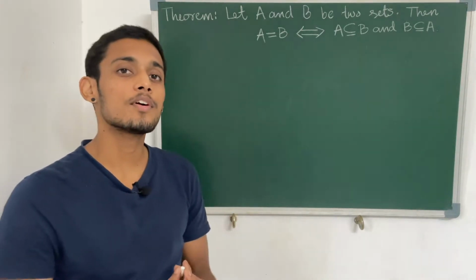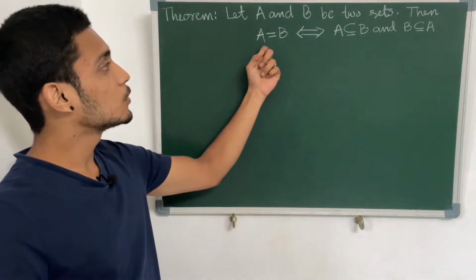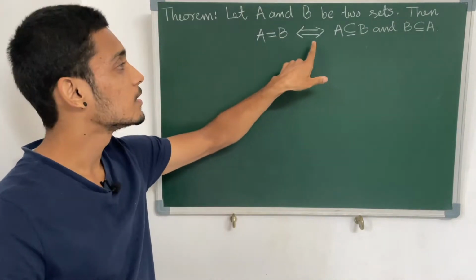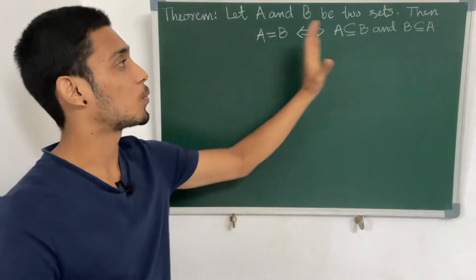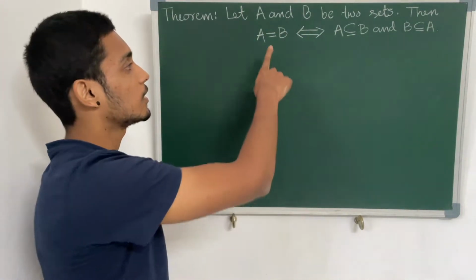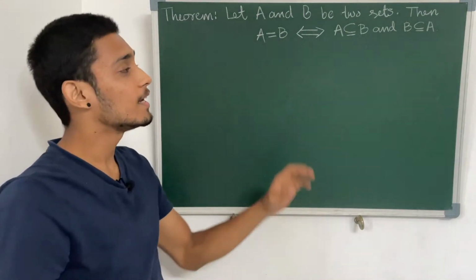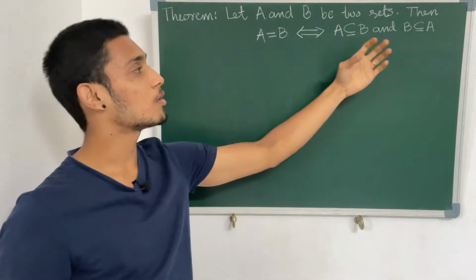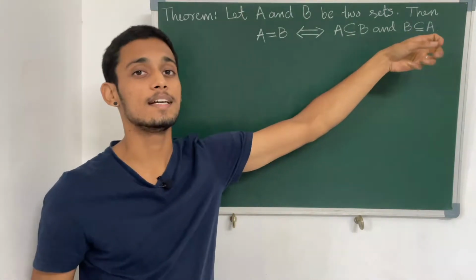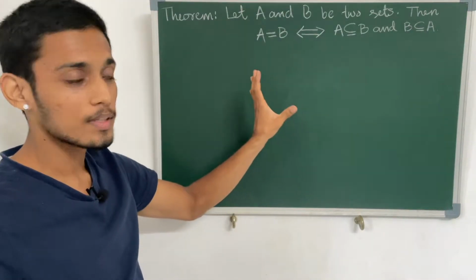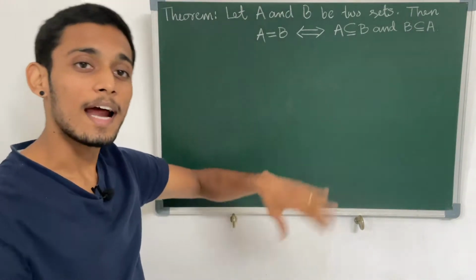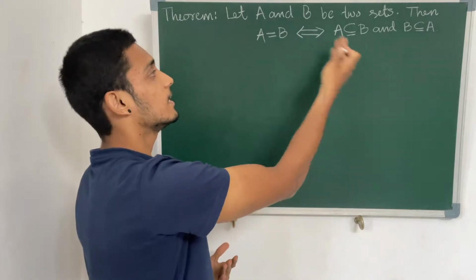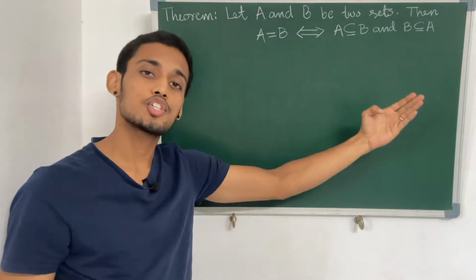In this result, we say that two sets are equal if and only if. This symbol, for those of you who don't know, is the symbol of if and only if. So it's not just one side, both sides should be true. The set A is equal to the set B if and only if A is a subset of B and B is a subset of A. We also say this as A is contained in B and B is contained in A. If these two things are true, then we say that A is equal to B. And similarly the other way around, if A is contained in B and B is contained in A, then the sets should be equal. So both sides should be true.